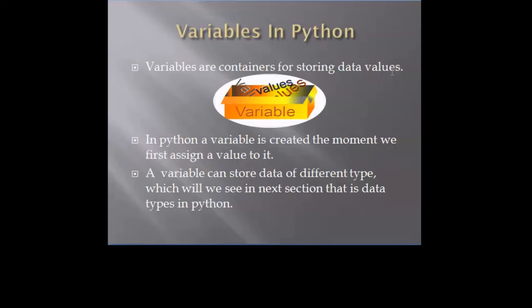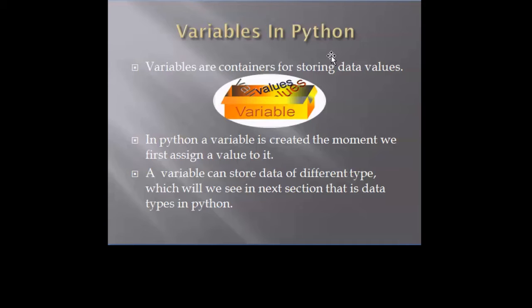In other programming languages like C or Java, we have to declare a variable. We have to write int a, which means a is a variable which can store an integer. But in Python, as I have said earlier, this is an easy language for beginners. Whenever we write a equal to 10 in Python, it automatically makes a variable a, which can store the value 10, whatever you wrote. So these are the small features which make Python easier for beginners.